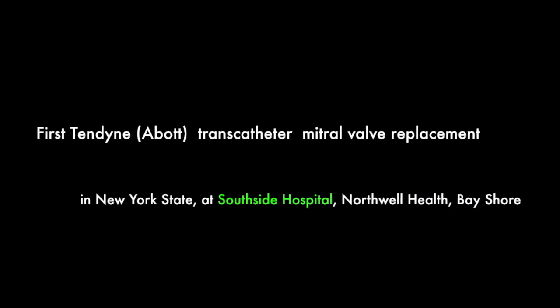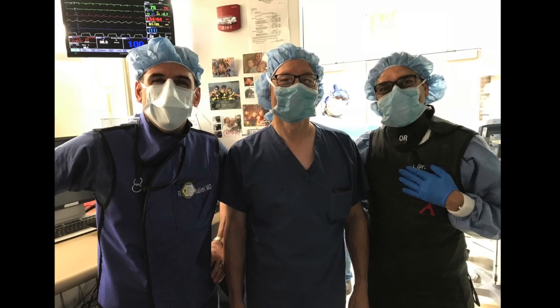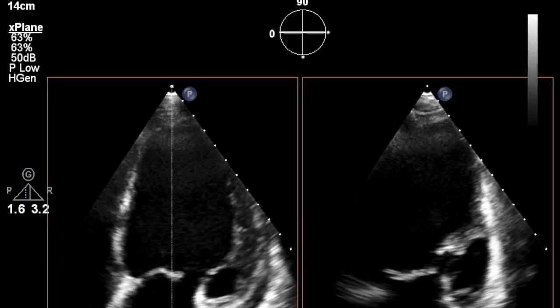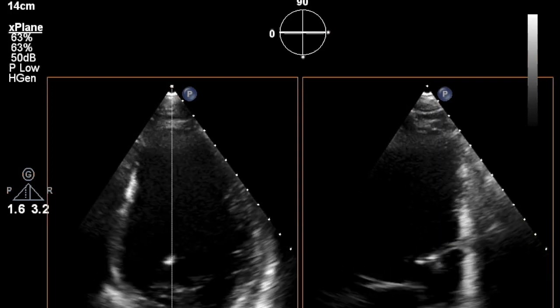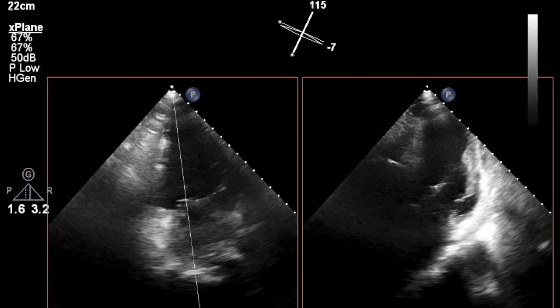This video describes the first Tendyne transcatheter mitral valve replacement done in New York State at Southside Hospital, Northwell Health, and Bayshore, New York. The procedure is part of the Summit clinical trial. After complete planning of the procedure, done by transesophageal echocardiogram and cardiac CT scan prior to the procedure,